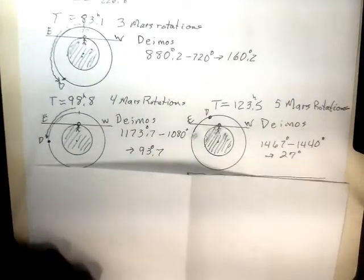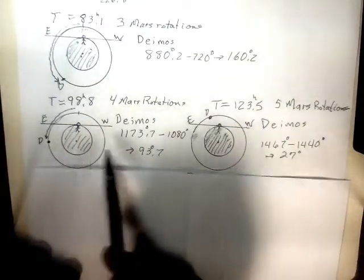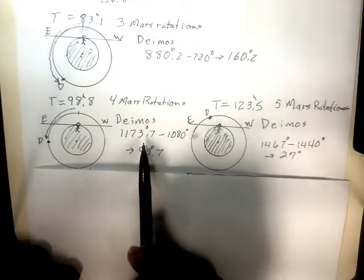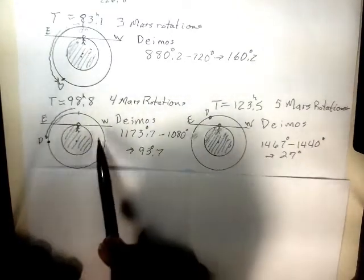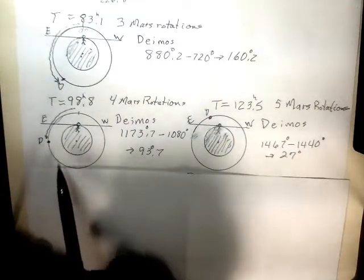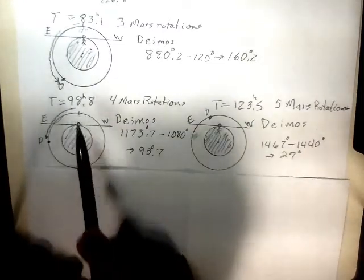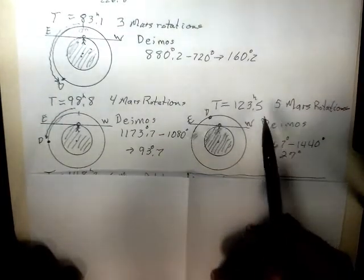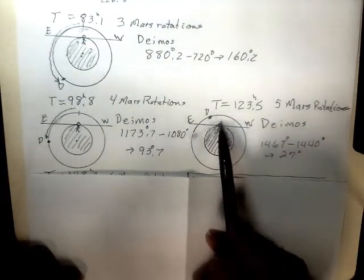After 4 Mars rotations, 98.8 hours, again our observer and the horizon, Deimos has gone 1173.7 degrees. If I subtract off the rotations of Deimos, 3 revolutions around the planet, then it ends up 93.7 degrees relative to this 0 degree mark. That is the meridian. Go another Mars rotation, 5 Mars rotations, and now Deimos is getting close to the meridian,